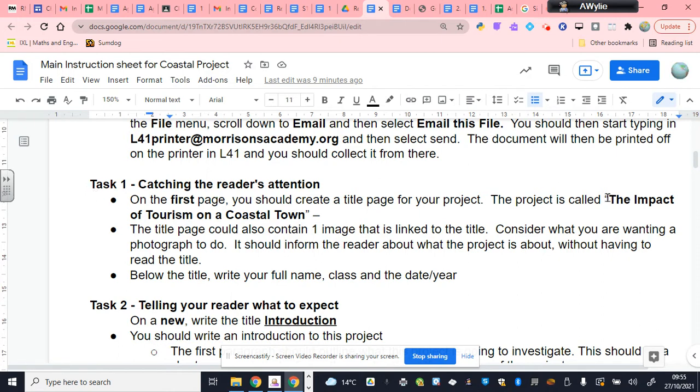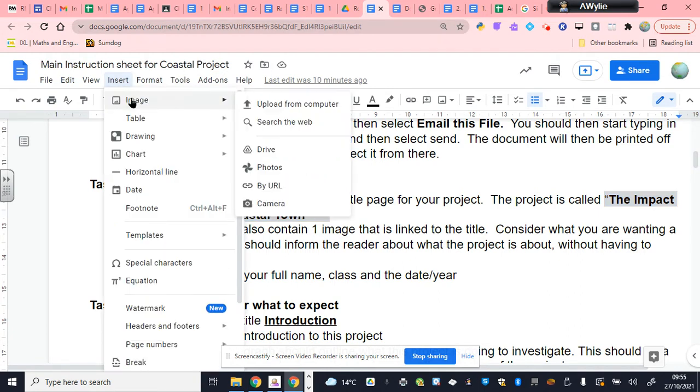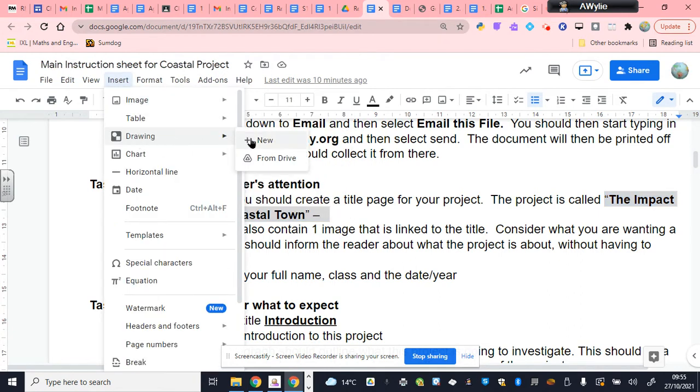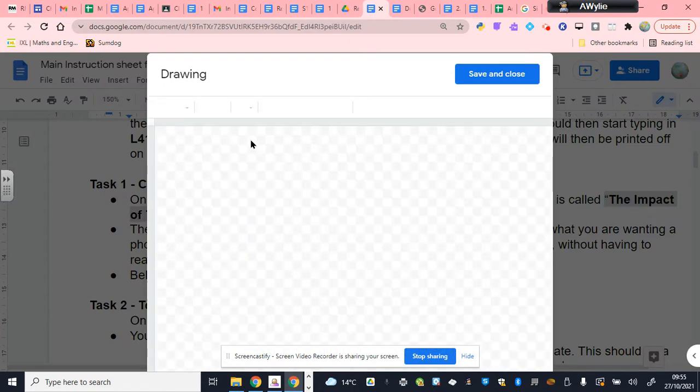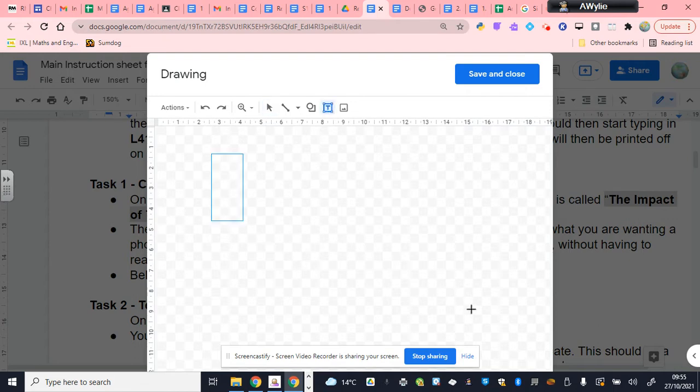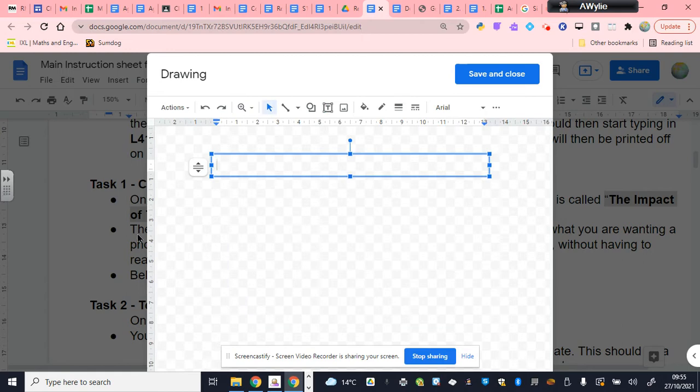And on it, you're going to want a title, a nice big bold title that can go on that front page. Now, there are a number of ways you can create a nice big bold title, but you can just do it by using a large font, or you can insert a drawing and go for a new drawing like this and create a large text design using the drawing function. So if I select title, for example, and type in it,